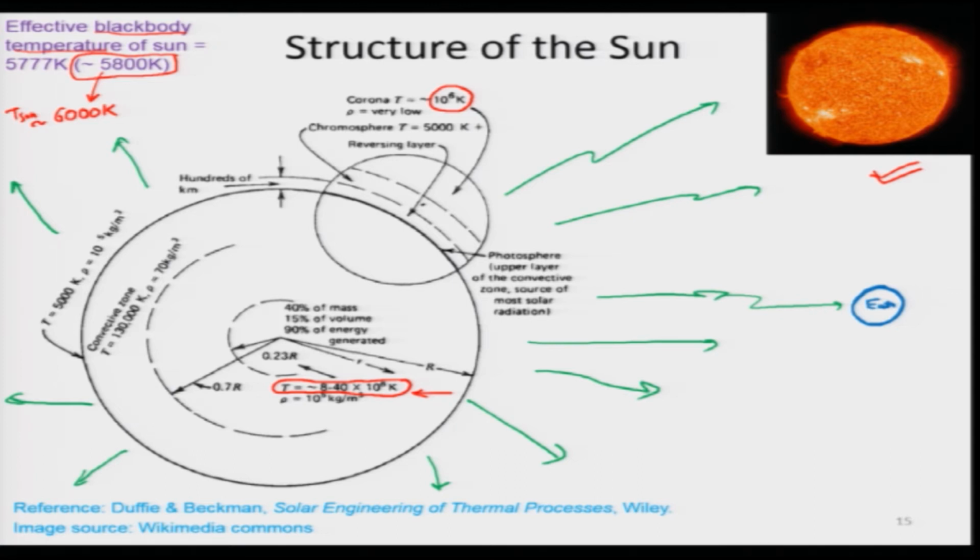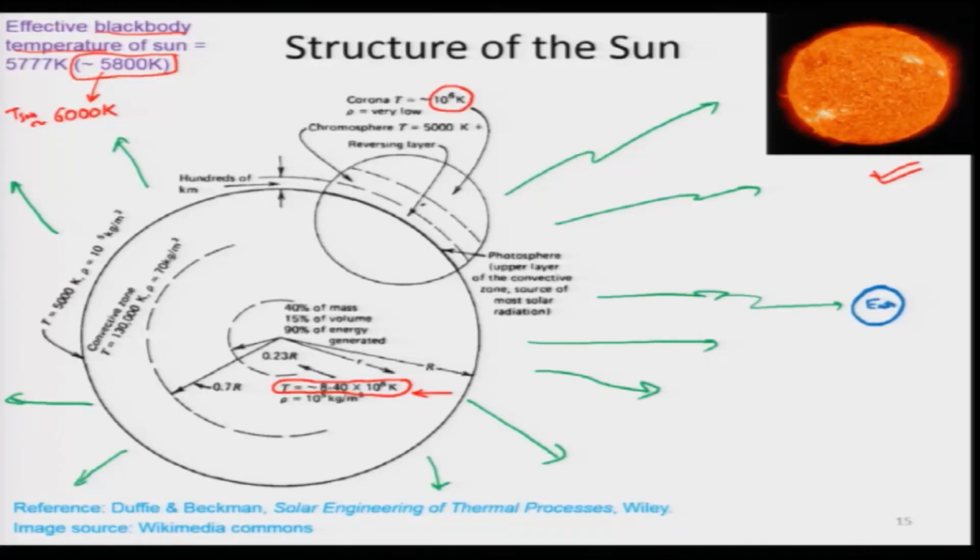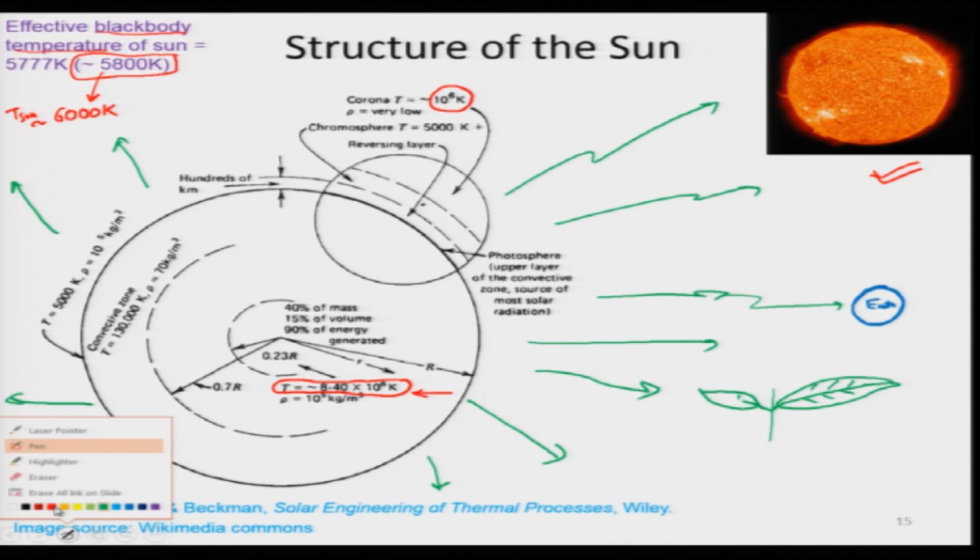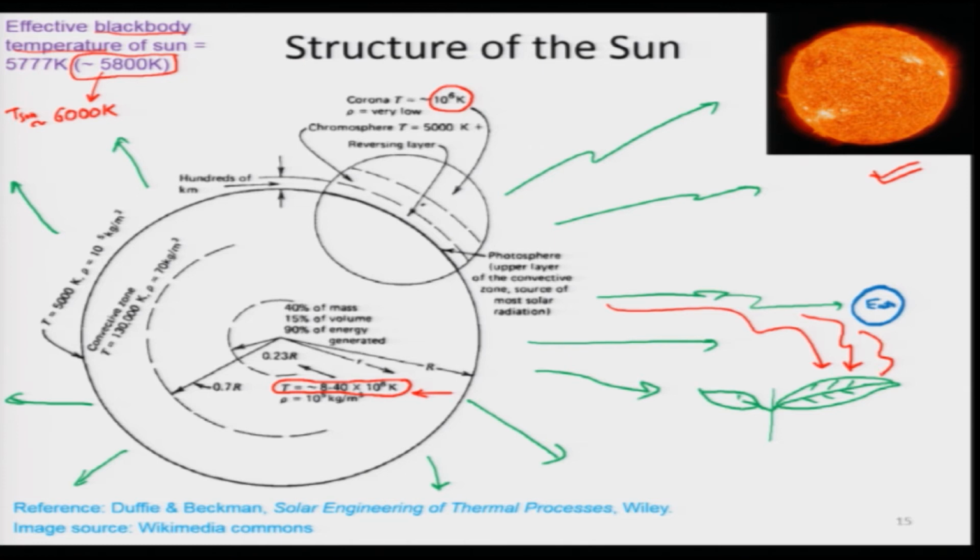And one of the primitive forms of life which has been around for several hundred million years is the plants. The plants usually have green leaves. If I can draw over here the green leaf structure of a plant, my drawing is not very good, but I think we have all seen this one. Eventually all these are able to harness the energy from the sun in the form of photosynthesis. This we have studied in our high school biology class, and it produces certain energy and biomass.